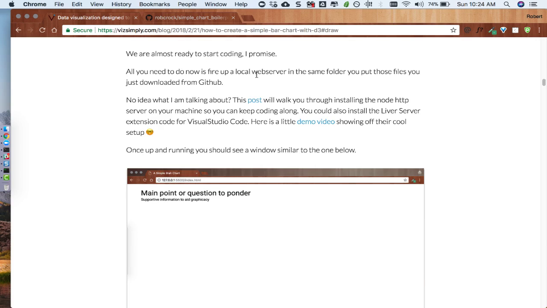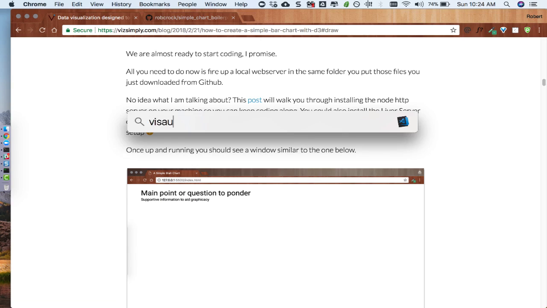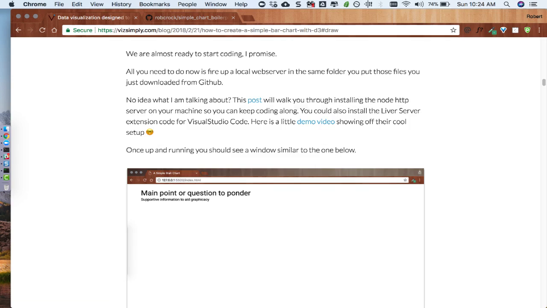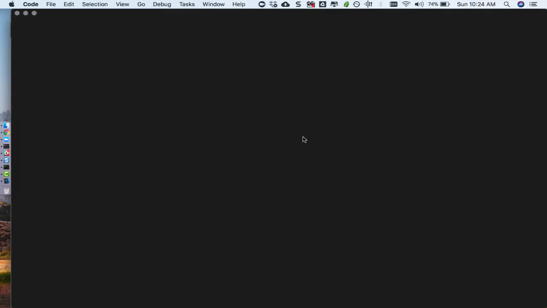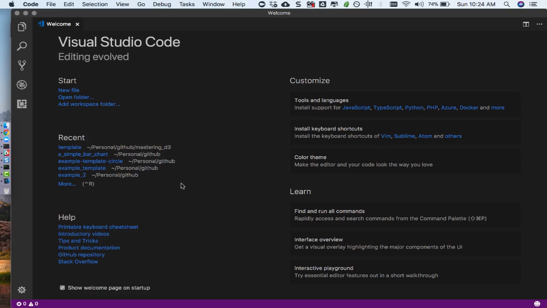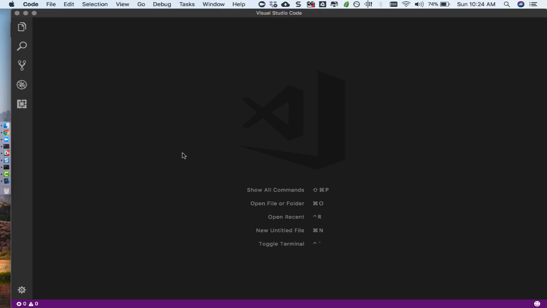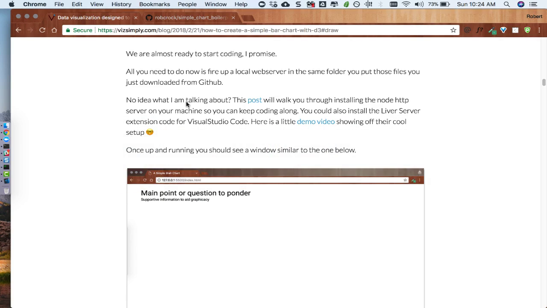We are almost ready to code. I'm using Visual Studio Code. So if I command space and look for Visual Studio Code, hit enter, it brings up Visual Studio Code. Really like this editor. Ran across it when I was taking an ES6 course on Udemy, and converted over from the Sublime world. If we just close the welcome screen and go back to our browser with the command tab